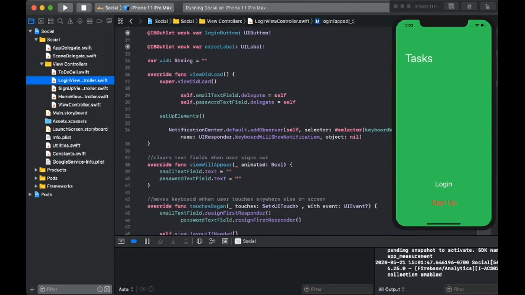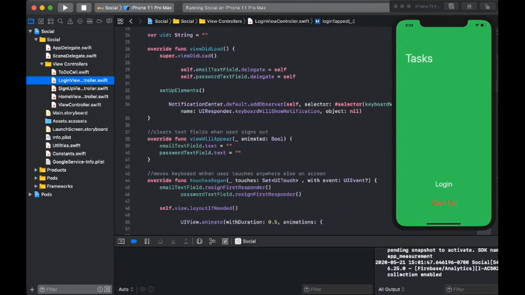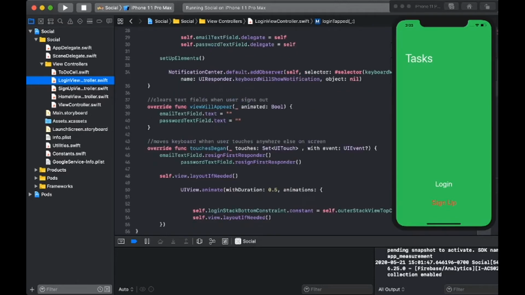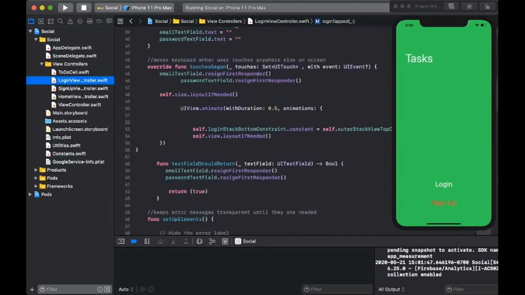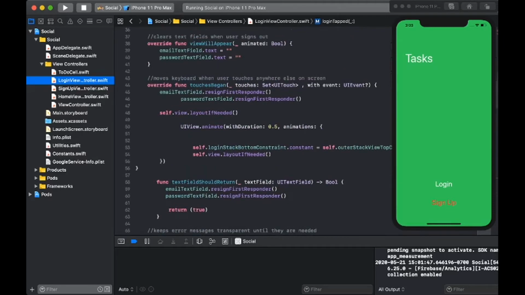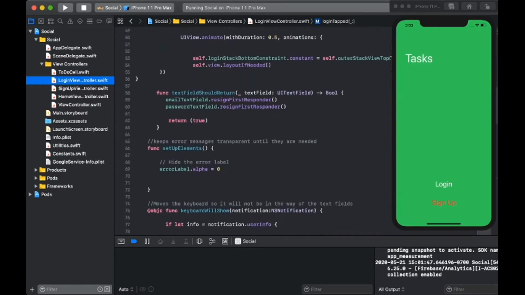So this part here is just for the keyboard, basically, because when I first created the login screen, the keyboard would cover up the text fields. So this helps take care of it. It goes to here, the functions touchesBegan and textFieldShouldReturn. These two functions handle how the text fields and keyboard work together. And the setUpElements function, because there's going to be errors,